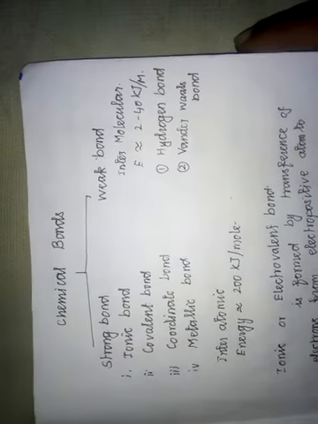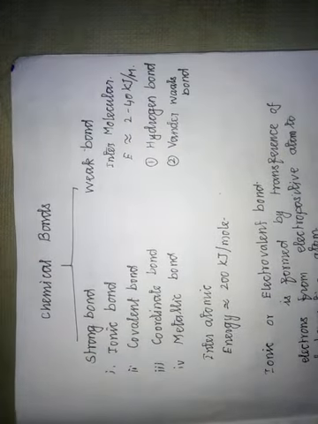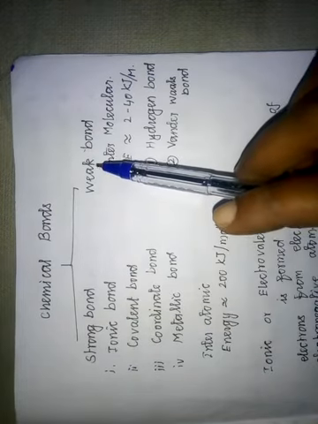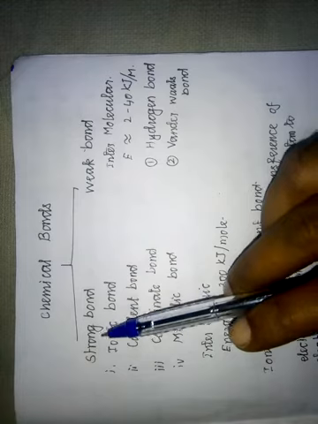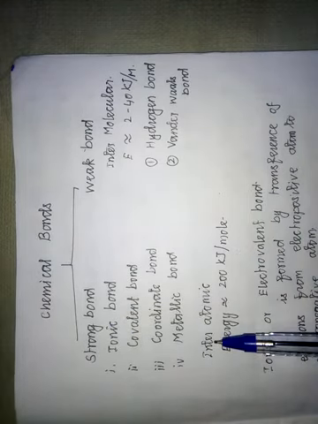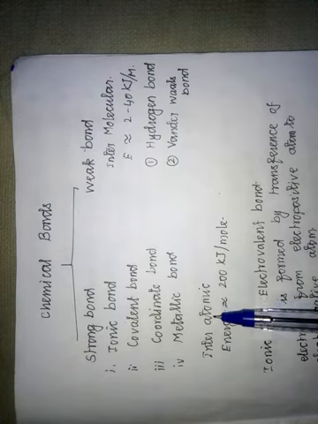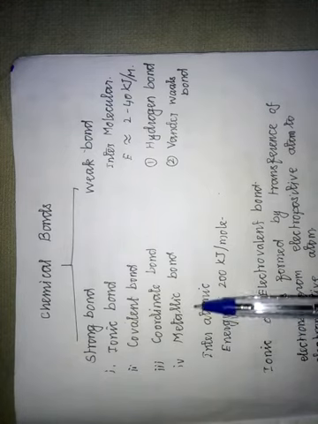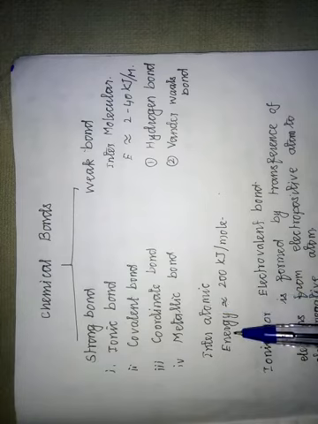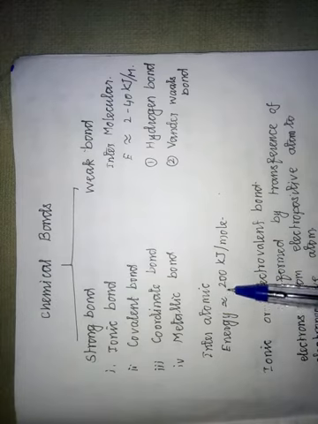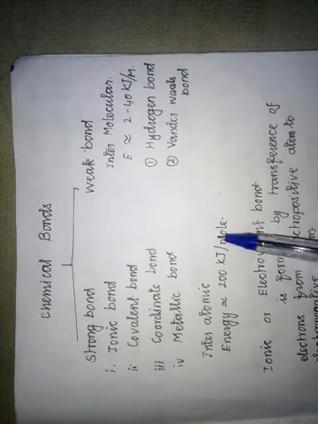But now in this unit there are different kinds of chemical bonds. So now we will discuss these different types of chemical bonds. Chemical bonds can be classified into two types: strong bonds and weak bonds. These strong bonds are formed between two or more atoms, they are interatomic, and their energies are around 200 kilojoules per mole.